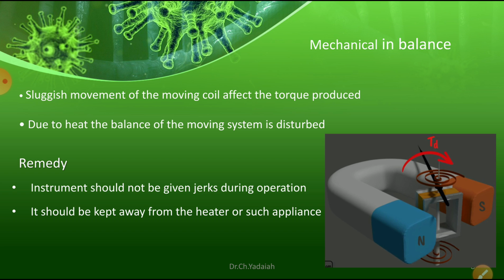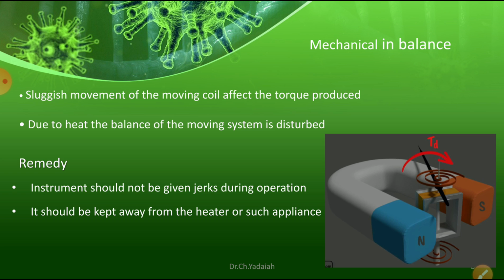What are these errors? One is the temperature error, frictional errors, mechanical imbalance errors, observational errors and aging errors, and sometimes we can say the stray field errors also we can observe in moving coil instruments, and these errors can be avoided by using